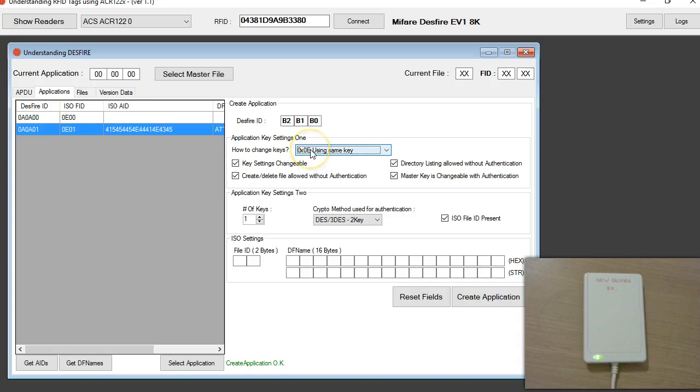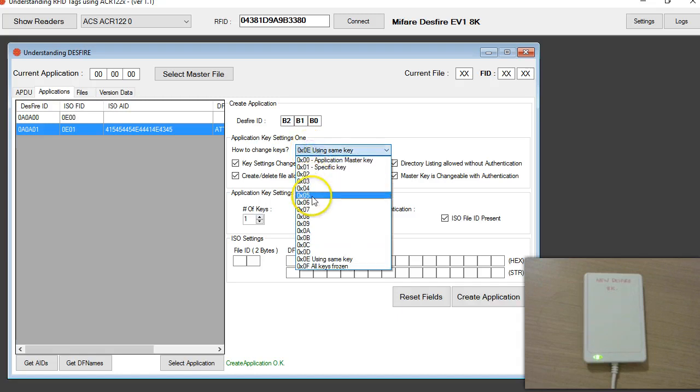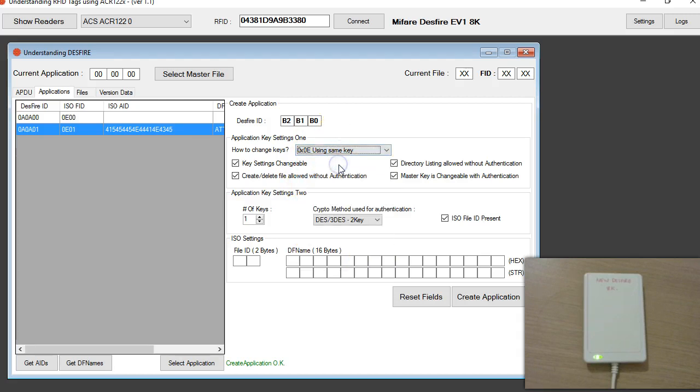So it says, if I have to change key number 5, I have to first authenticate using key number 5 and change it. Probably in the later videos I'm going to show how to use these things. And the next 4 tick boxes are